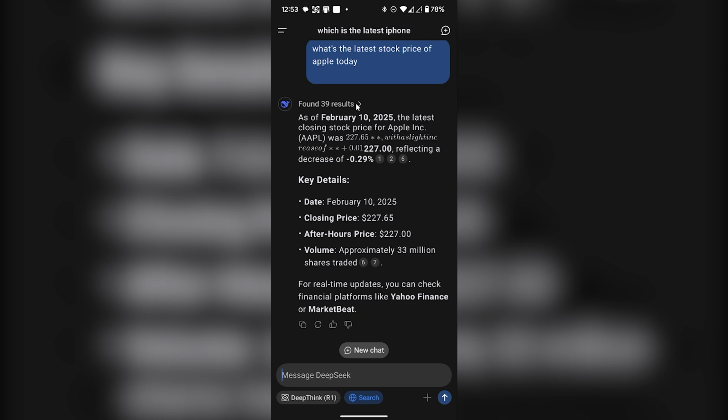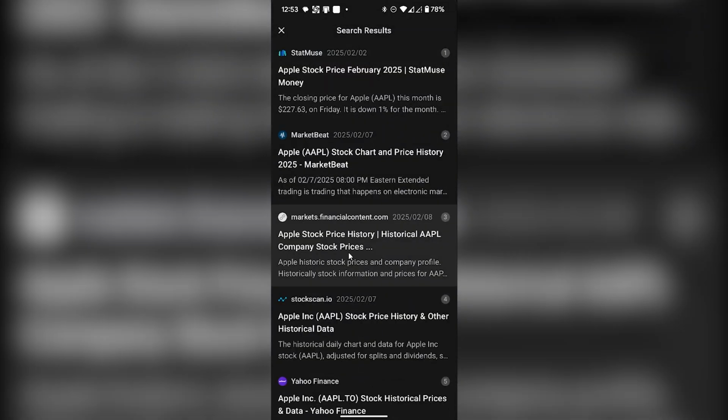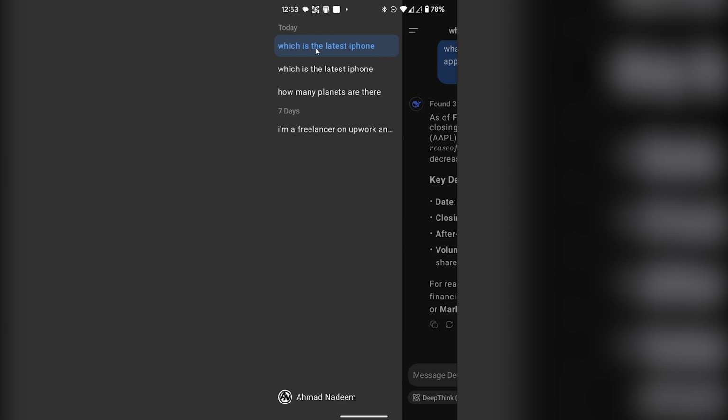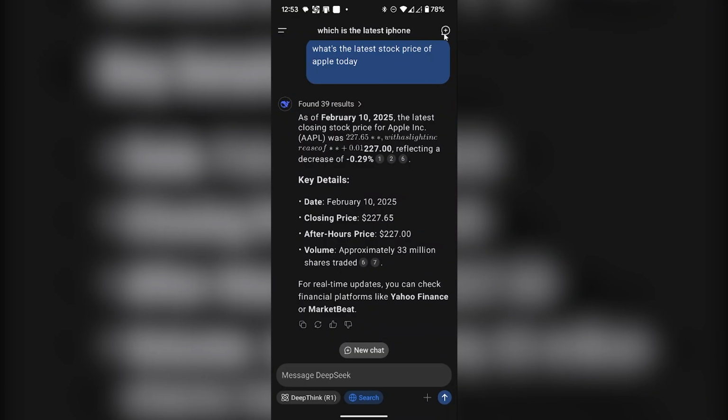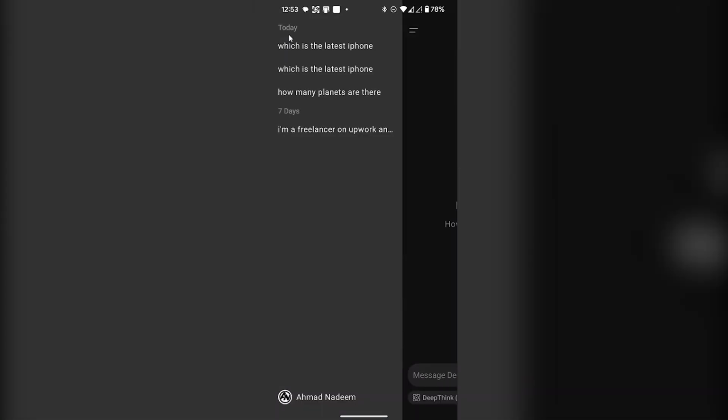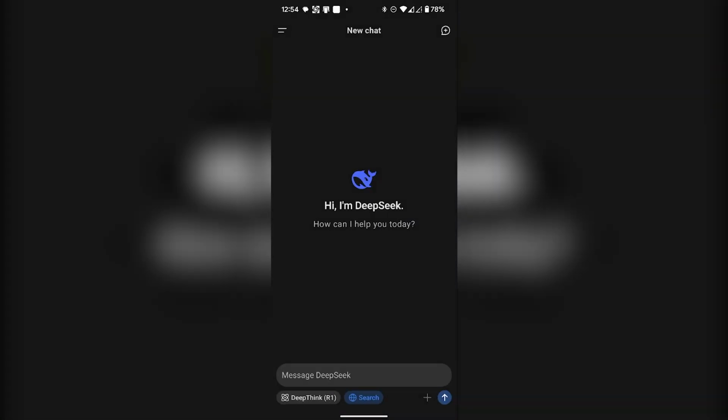Found 39 results. If I click on it, it will show me all the sources from which it is getting its answers. If you click on there, you will see all of your chats. If you click on this plus button, it will open a new chat and it will save all of your previous chats over here. And that's basically how to use